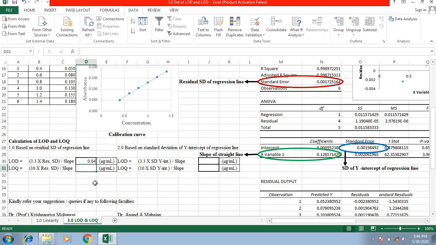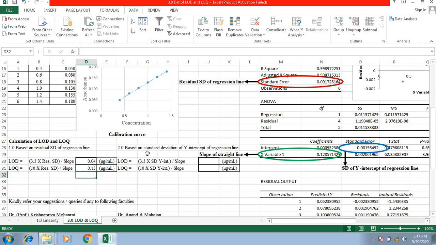So I'm getting 0.04 as my LOD. I'll calculate now LOQ equals 10 into residual standard deviation of the regression line, this value, bracket complete, divided by slope, this value. So I got LOQ also.